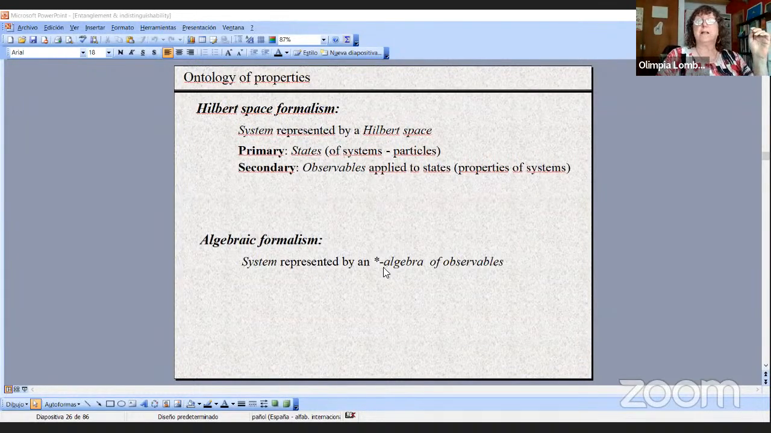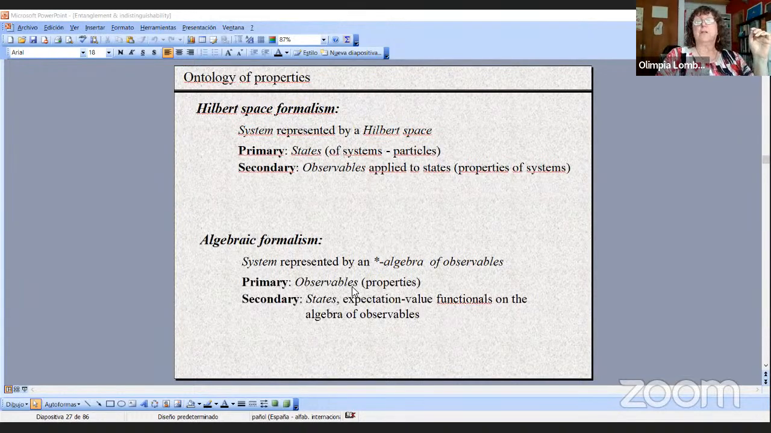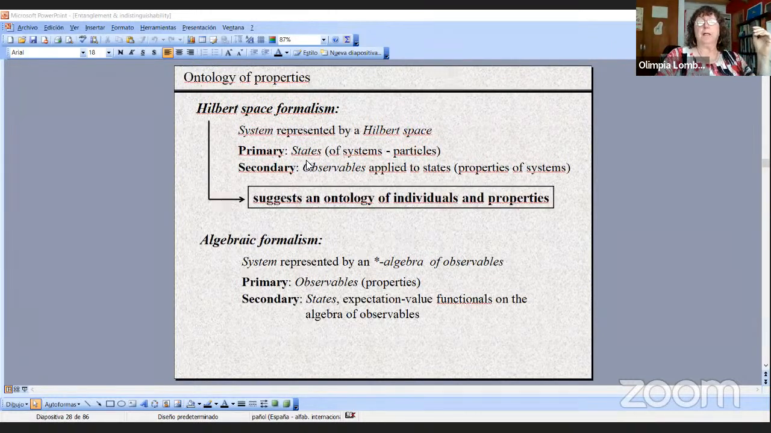Systems are represented by a star algebra of observables. So the primary elements are the observables, the properties, and states are secondary elements, which are only expectation value functionals on the algebra of observables. I mean, their role is to compute expectation values. They have no other ontological meaning. So the Hilbert space formalism, with states attached to particles and observables as properties, suggests an ontology